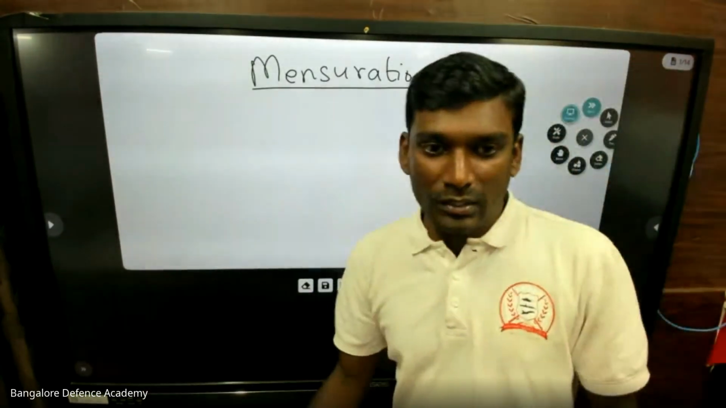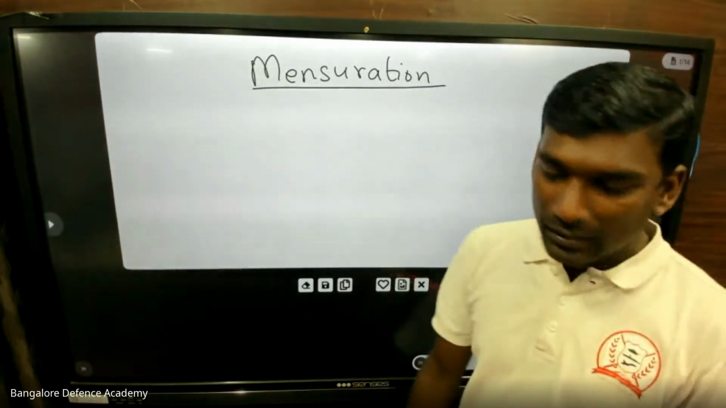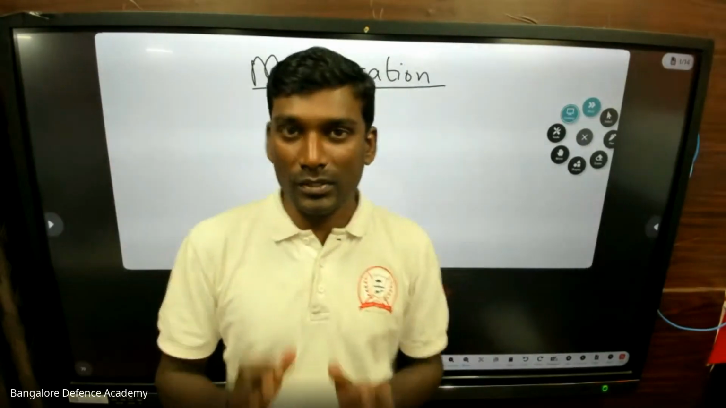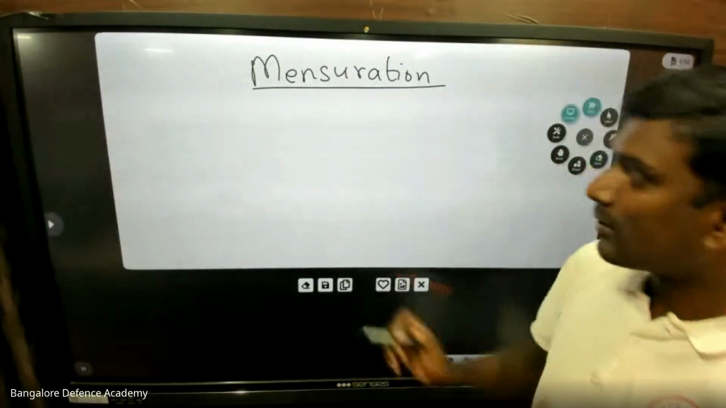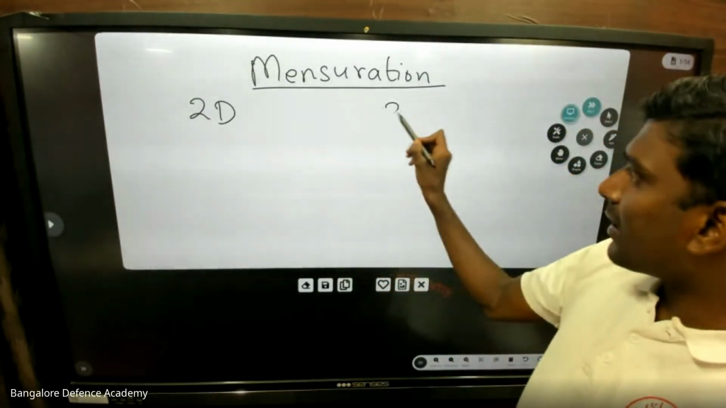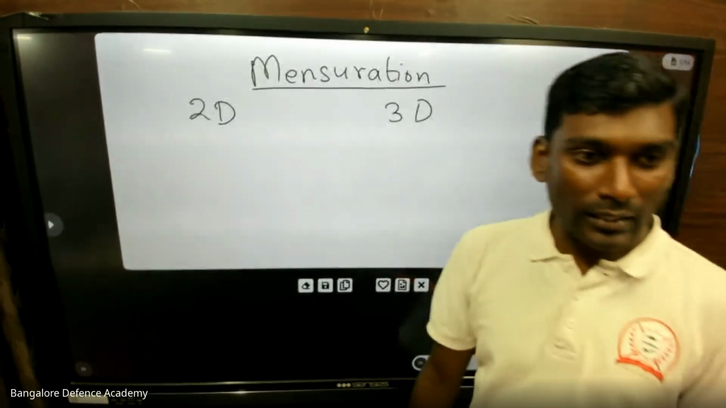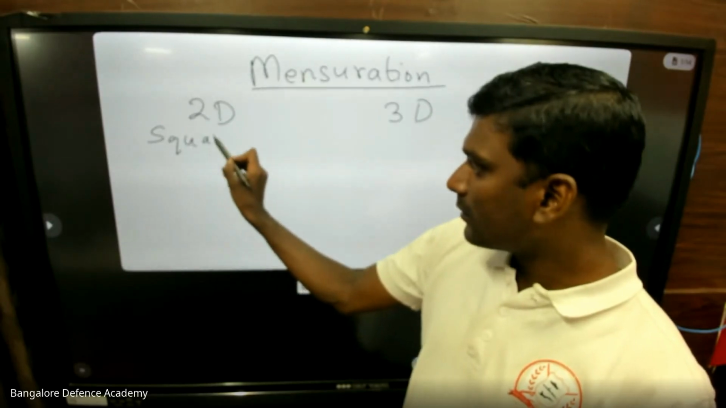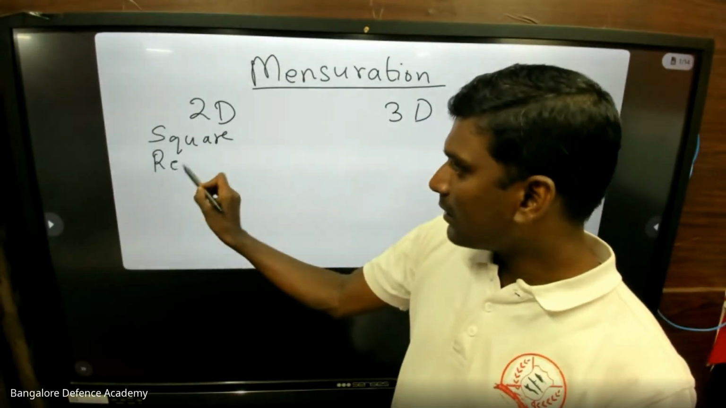Now in mensuration, you have one section called geometry, which is easier to score. If you know the formulas and the values, you can directly put them in and get the answer. Here we have 2D diagrams and 3D diagrams. Now in 2D, we have something called a square, then we have rectangle,